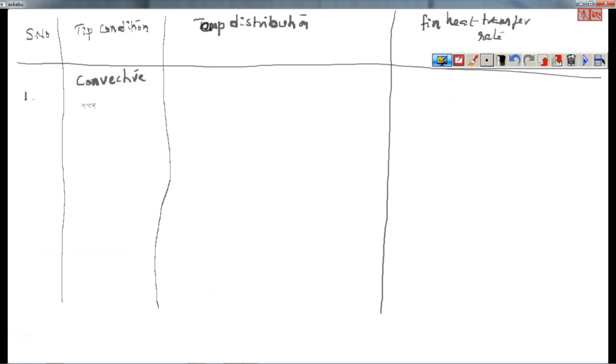Convective tip case, that is nothing but hA theta L. h theta at L is equal to minus k d theta by dx, which we have already read at x is equal to L, is given as